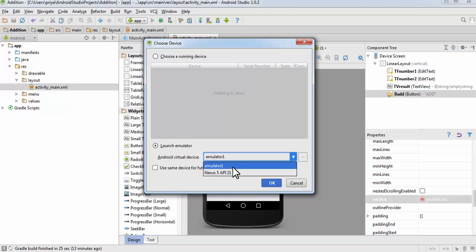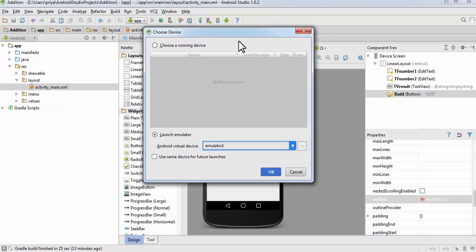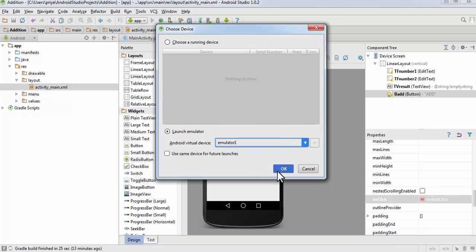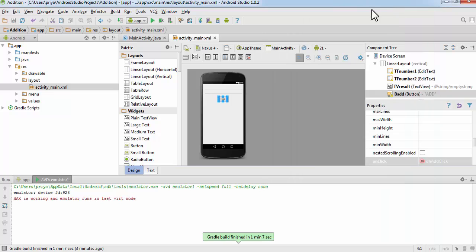I'll select emulator 1. If you want to know how to create a custom AVD, I have created a tutorial on that. There will be a link on the screen and also in the description bar below. So click OK. Now the device has started. Now we can run our application on this device.